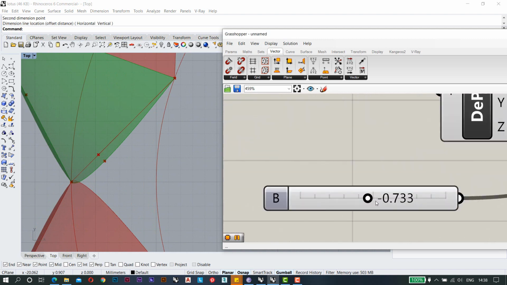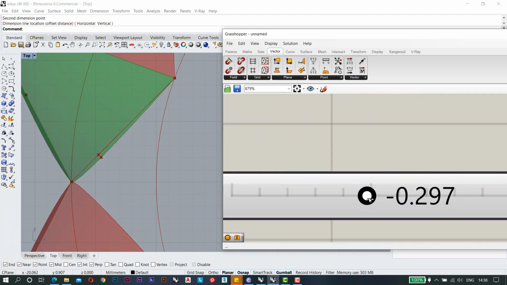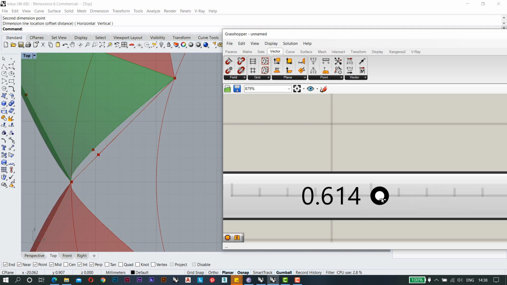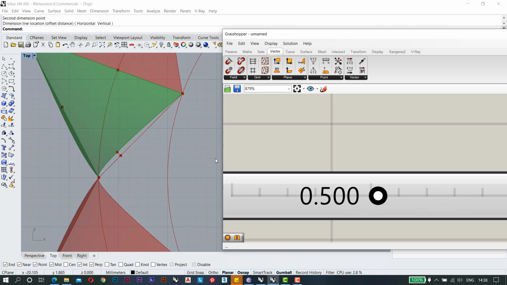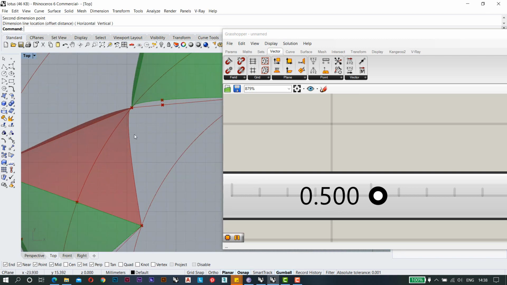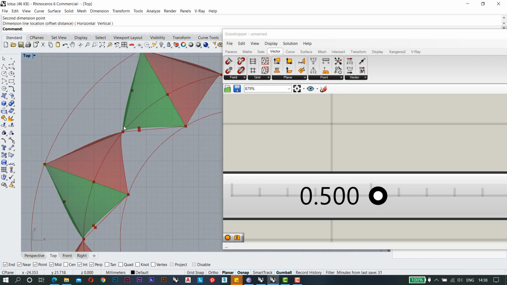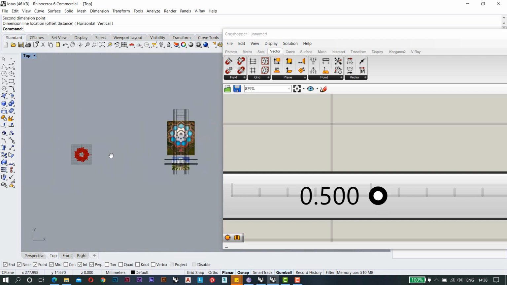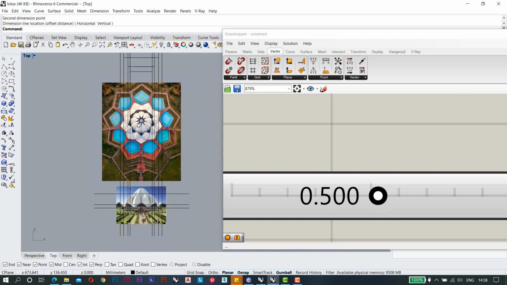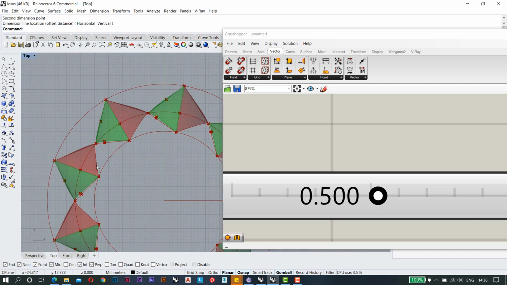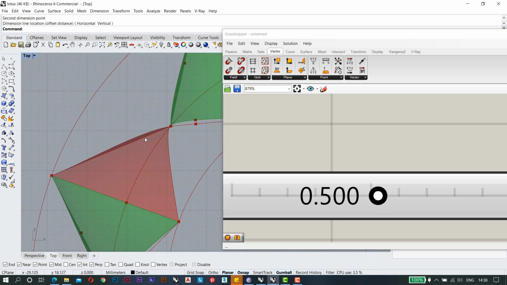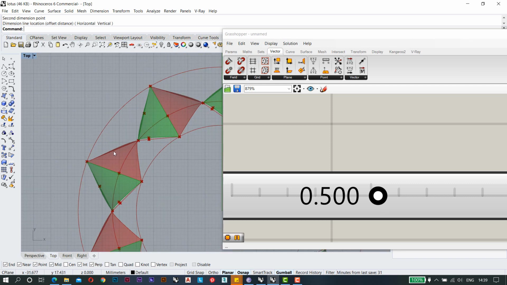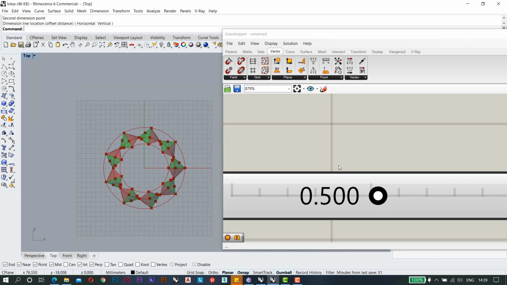So I will just reduce the value somewhere here, but probably if you want to make something like this, it will do it like this. So they are not straight, but they are a little bit off in the curvature as they are in the plan. Now what we need to do is make the same kind of thing for this line also, because it is again a straight line.